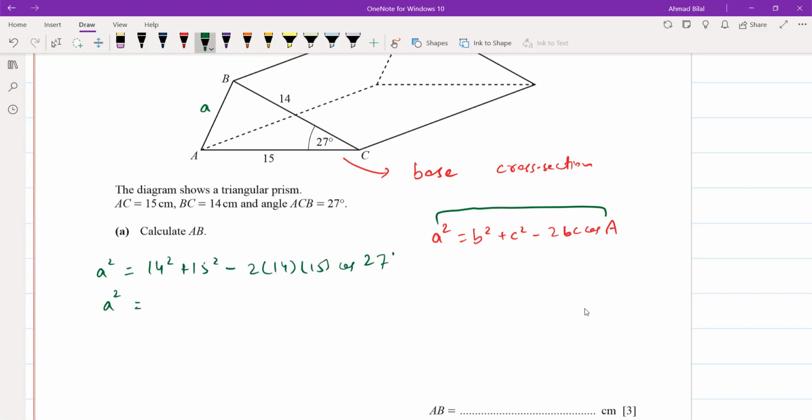ठीक है, जब evaluate कर लें 14 square plus 15 square minus 2 into 14 into 15 into cos of 27, this is 46.77. And the value of a therefore is going to be 6.84. So I get 6.84 centimeters here. 6.84. That is the length. ठीक है, सब simply में cosine rule use करते हैं. अच्छा, then it says